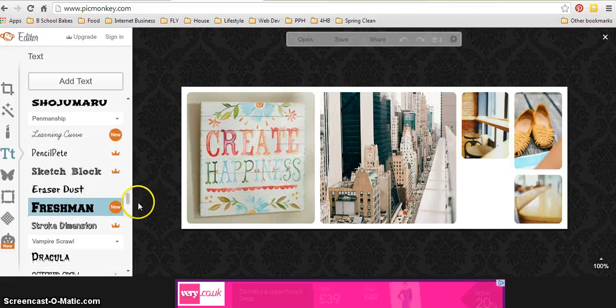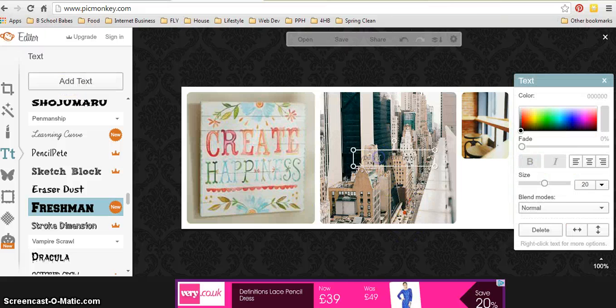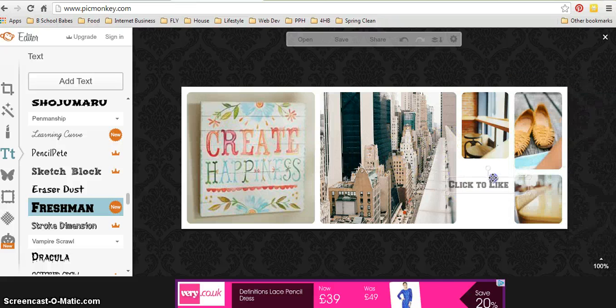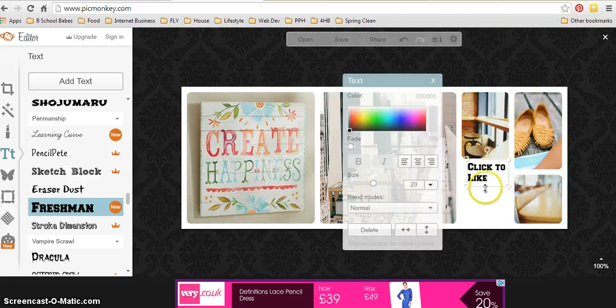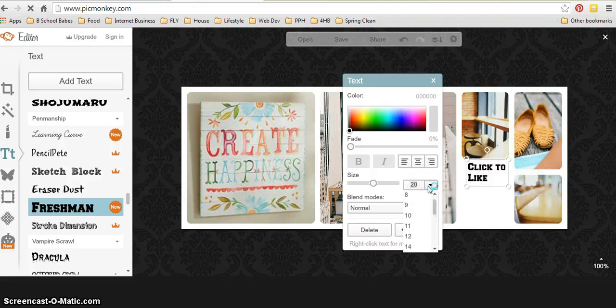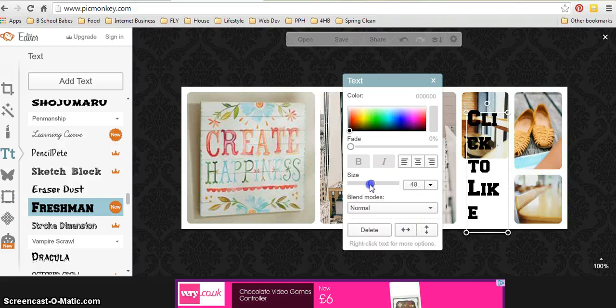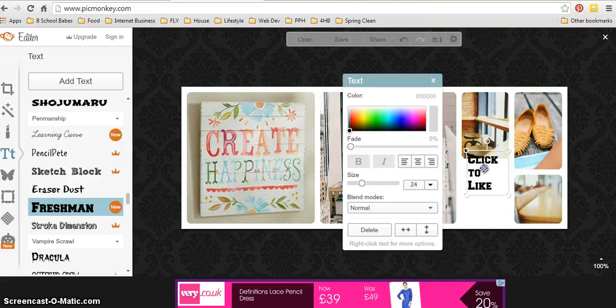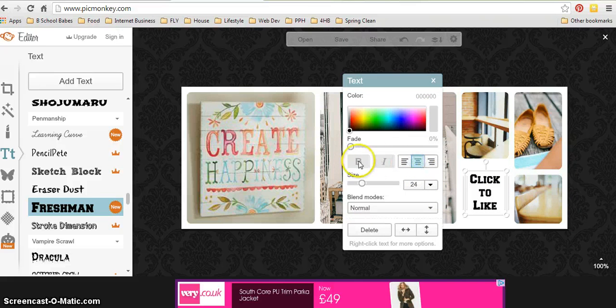If I can find it. There we go. Cool. So once you've clicked that and put onto Add Text, we'll write our text in here. Click to like, and we're just going to move this over to here, and we're going to squish this down a little bit and make the right a little bit bigger. Whoa, it's a bit too big there. Great. So we move it down into the space here, and then I'm going to center it, and I'm going to bold it,